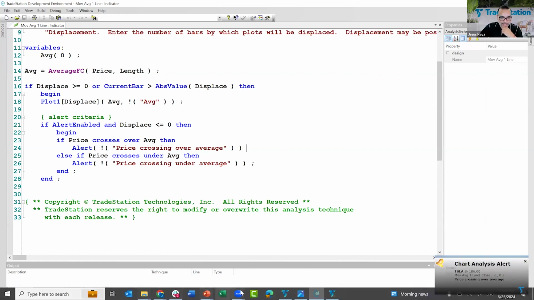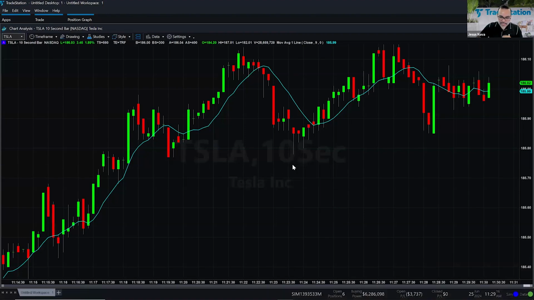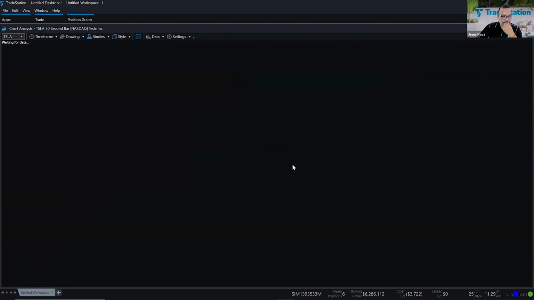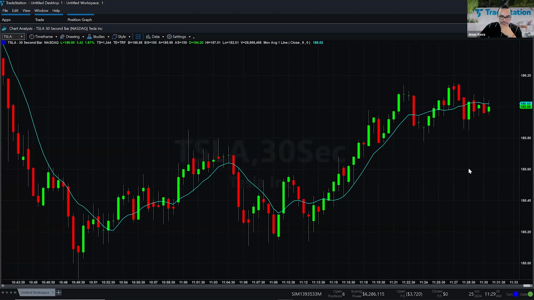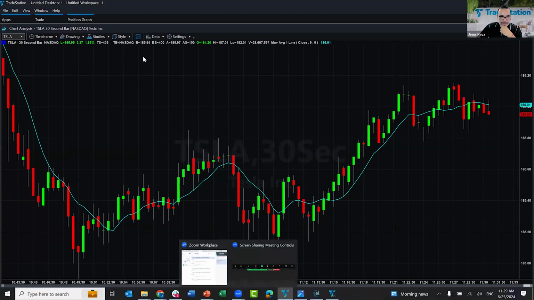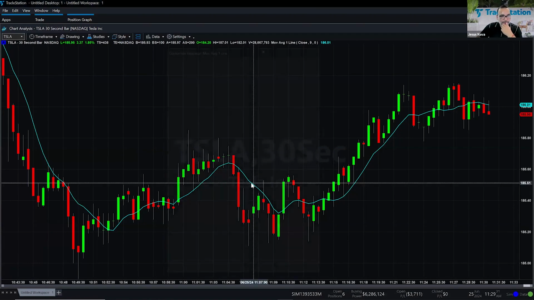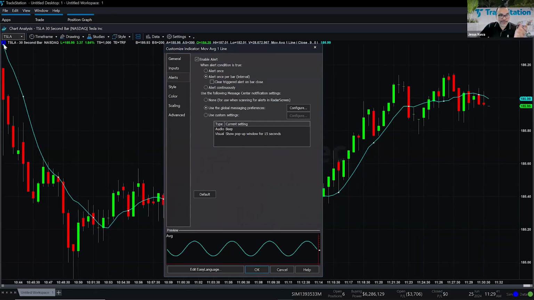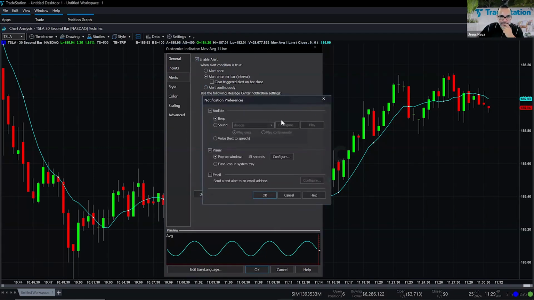Let me go ahead and change my time frame to something a little bit not as crazy. Let me go to 30 seconds. Okay, so that's a 30-second chart. And what I'm going to do is I'm going to come back here to the study. Notice that it clears the alert. See the blue box on the top left? It doesn't have that pink A anymore because it hasn't triggered the alert, but it'll be pink if it's a real-time alert. What I want to do now is I want to go here to configure, and I want to